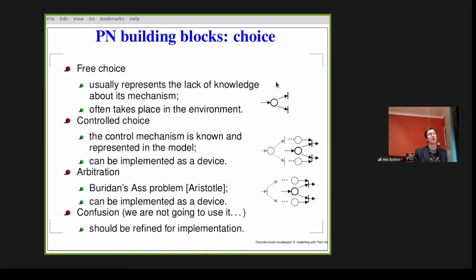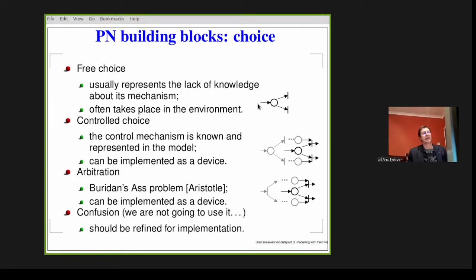So free choice is a convenient tool to represent some sort of random number generator, or a system where we have no knowledge or don't care which choice is made. We just know that after this state, either one or the other action is possible. For example, if the counter is 0, then take the upper branch. If the counter is 1, 2, 3, 4, 5, and so on, then take the lower branch.